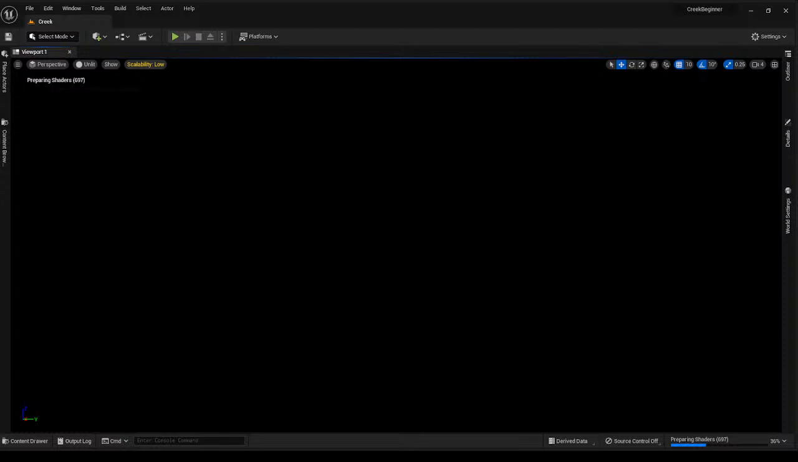Blank level, we know it's completely blank because if we look at our world outliner, there are no objects in here currently. So from this level, we're going to create our environment completely from scratch. So the first thing we need is, of course, a landscape. So I'm going to come up here and click on landscaping mode, and then within manage and new,